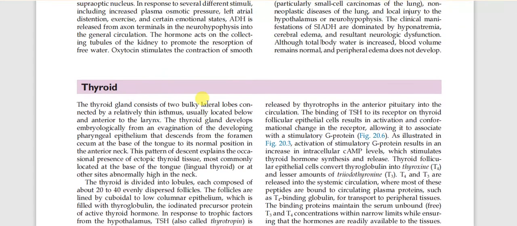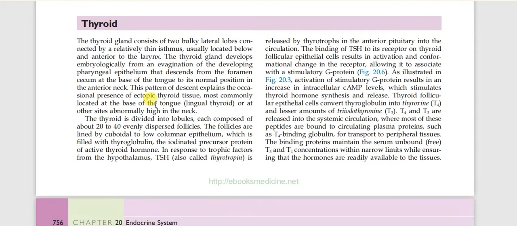Okay, now let's talk about the thyroid gland. The thyroid gland consists of two bulky lateral lobes, anatomy and physiology you know. They are under control of TSH, thyroid stimulating hormone, or another name, thyrotropin, and thyrotropin is under control of thyrotropin releasing hormone. In binding of TSH on the thyroid gland, we have two main types of cells in the thyroid gland. They are follicular cells and